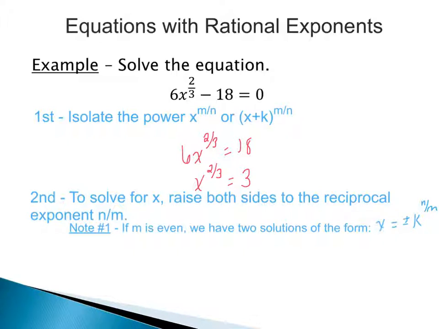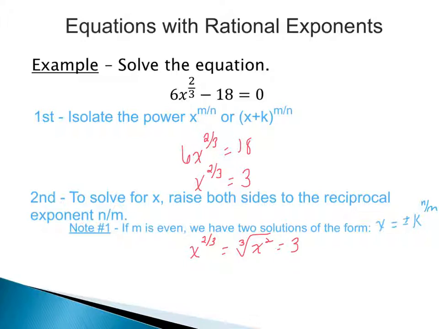So let's look at what we have right now. Right now we have x to the 2/3. If we were to write this out using radical notation, we would have the cube root of x to the 2nd power. Remember that, if I was doing it piece by piece, in order to solve an equation of this form, so I'll even make it still equal to 3, in order to solve an equation with a radical, we would first raise both sides to the 3rd power in this case, and then our next step we would have x squared equals 3 to the 3rd, which would be 27. Then our next step would be to get rid of the square.